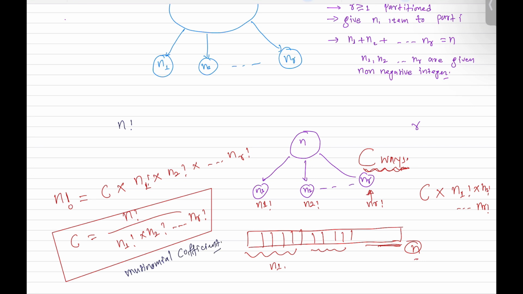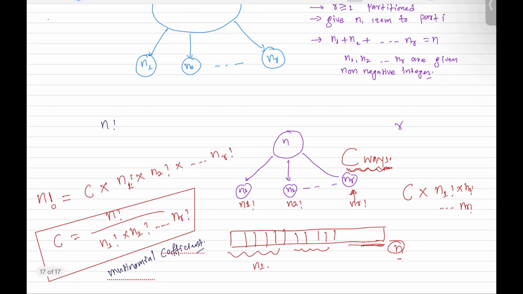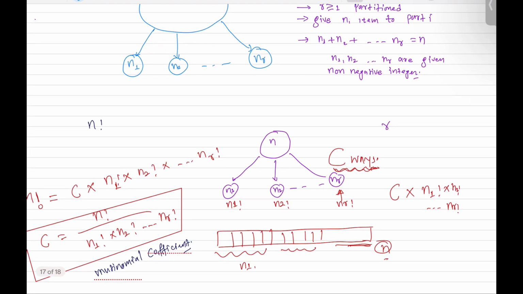right? So in the binomial coefficient, what did we have? We were partitioning a set into two, right? In which one contained k elements. So in the case of binomial, what we have done, we have a given set n, and we are partitioning this set into k items, and whatever is not in k, where will it be? It will be in n minus k, right? So there, if you see, this formula is nothing but the generalization